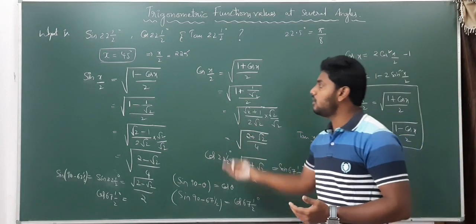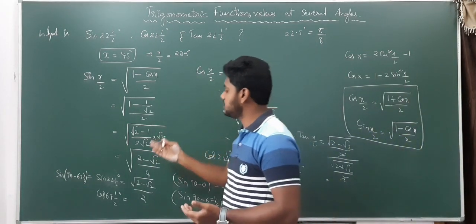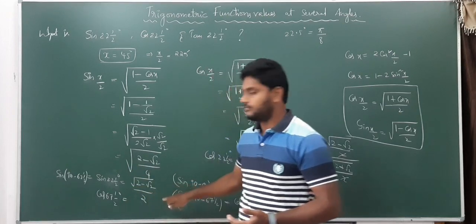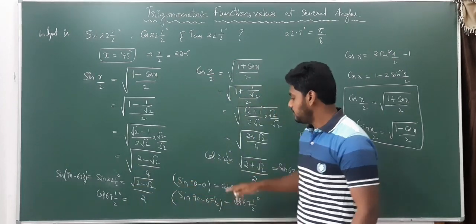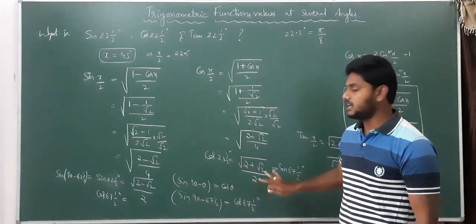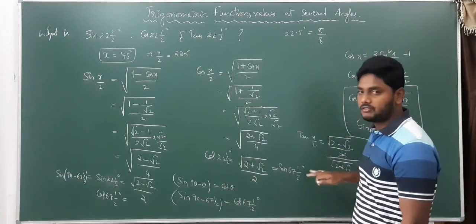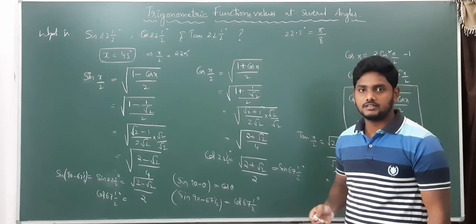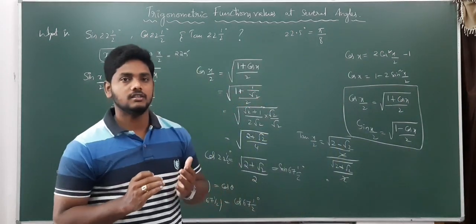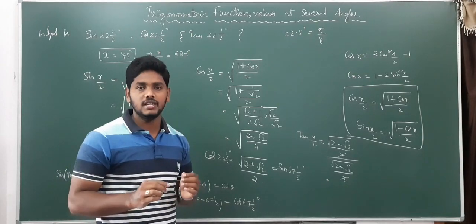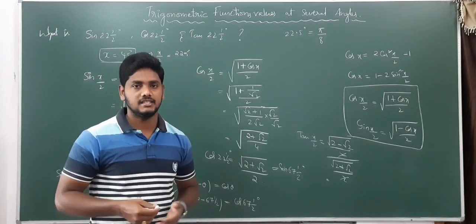By this, again what you can find by using these values is, if sin is this one, what about cosecant? Reciprocal of this. If this is cos, what is secant? Reciprocal of this. If this is tan, what is cot? Reciprocal of this. See, like this you can find 6 trigonometric function values of 22.5 degrees and also simultaneously 67.5